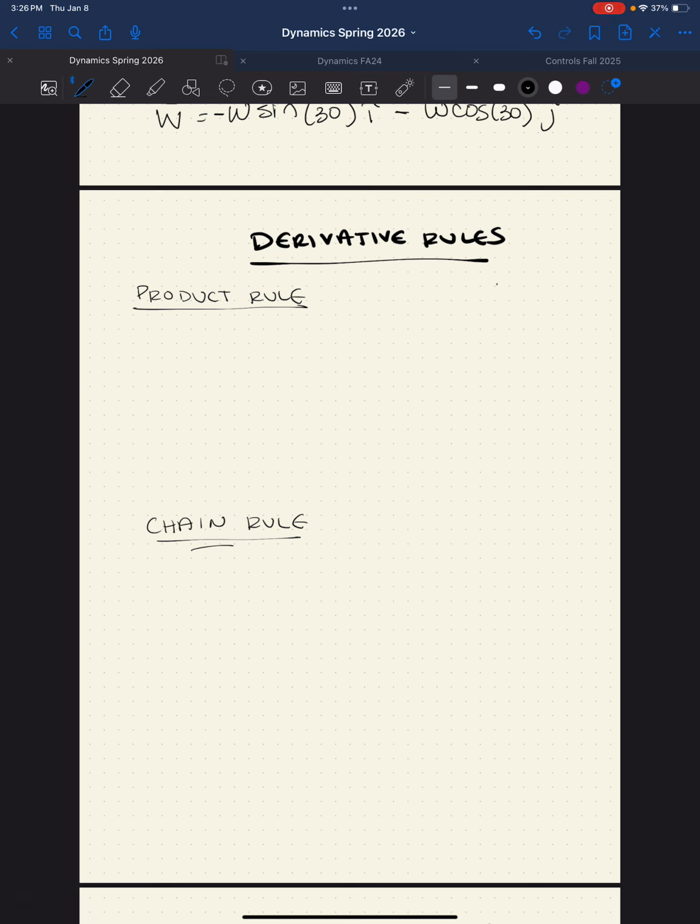So we said if you want to take the derivative of something with respect to x, and that something is really the multiplication of two functions of x, then we have to be very careful about how we do this. So for example, I said that if f of x is equal to maybe x squared and g of x is equal to sine of x,